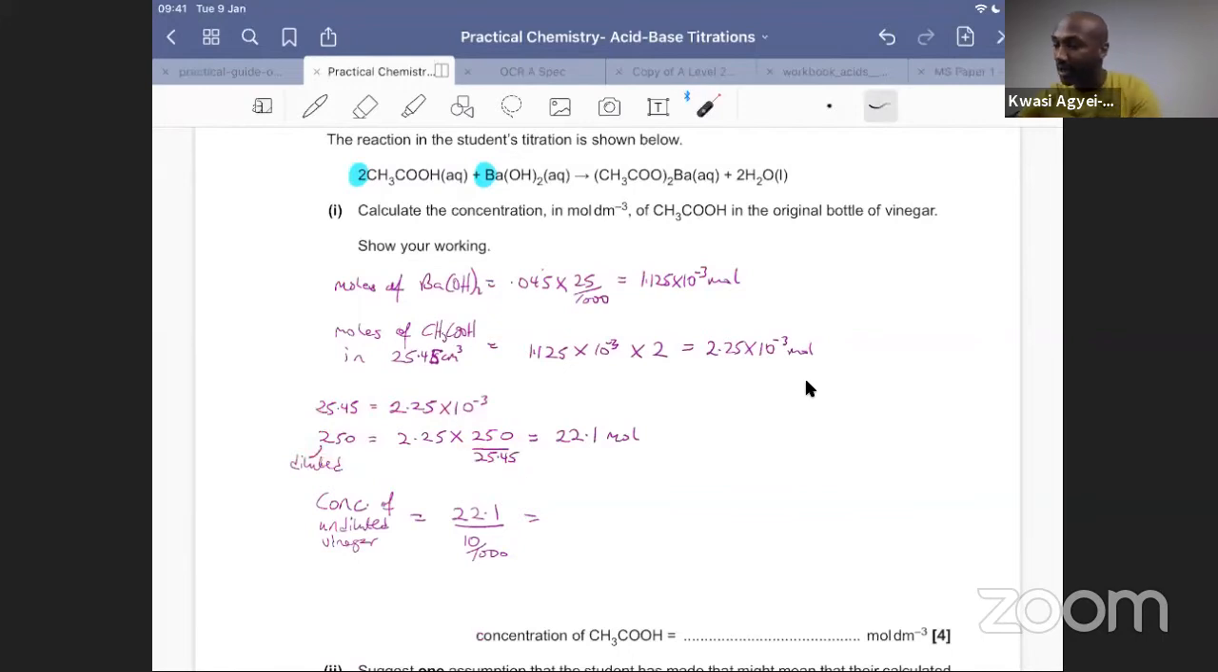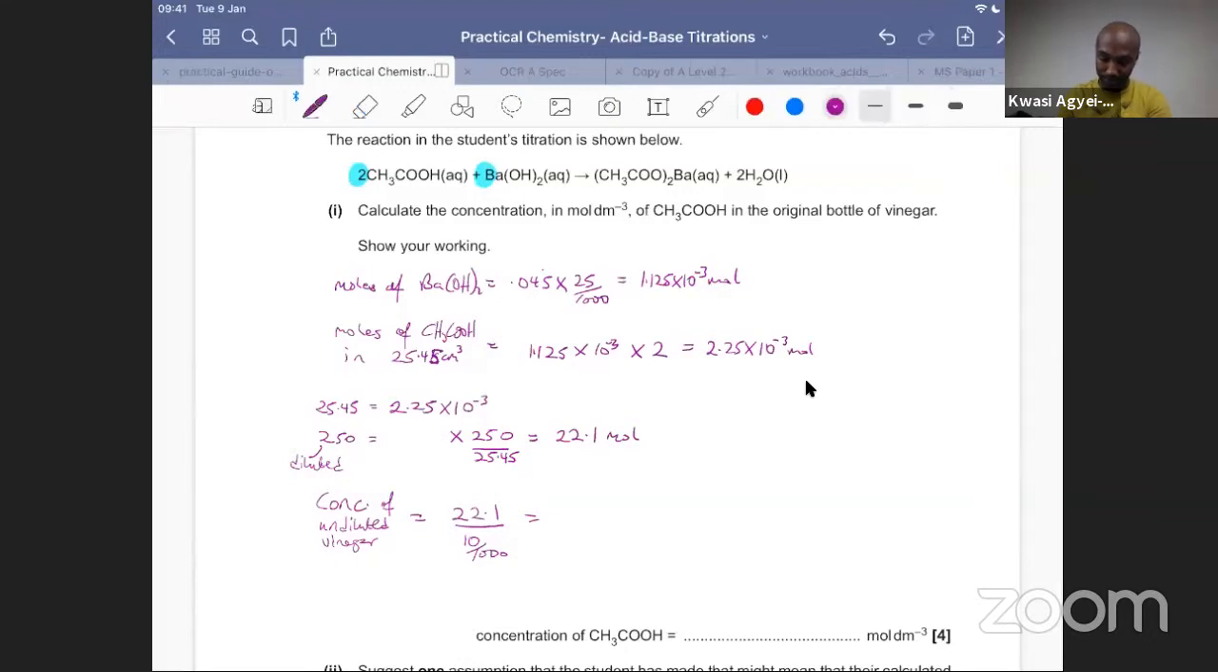25.45. Okay, so let's double check that. So 250 over 25.45 is equal to that. And if you multiply that by 2.25, that's where I've gone wrong. It should be 2.25 times 10 to the minus 3. That gives us 0.0221. So I was out by about 3 orders of magnitude because I was a bit sloppy with my standard form. So let's change that to